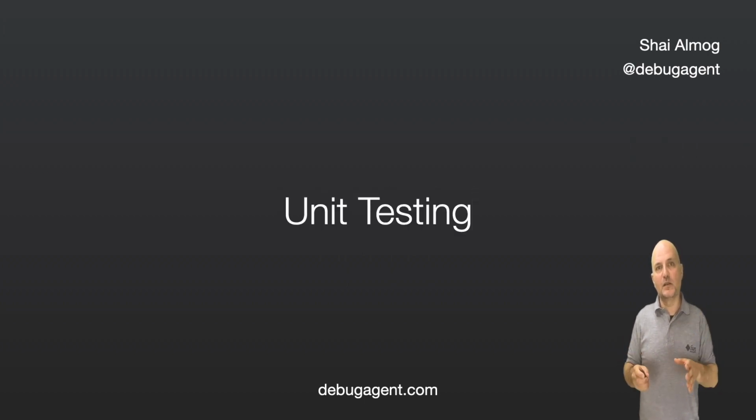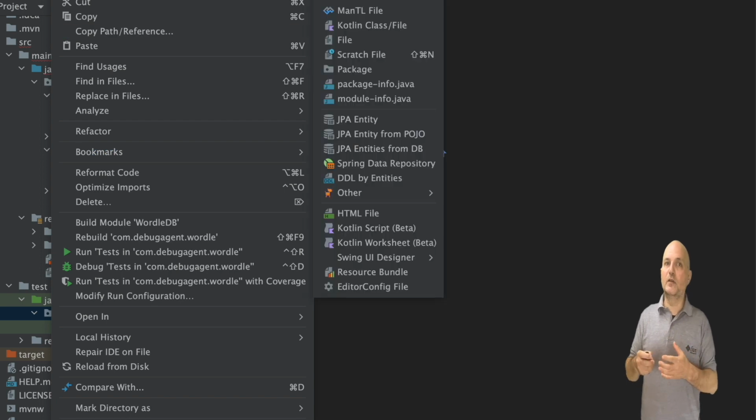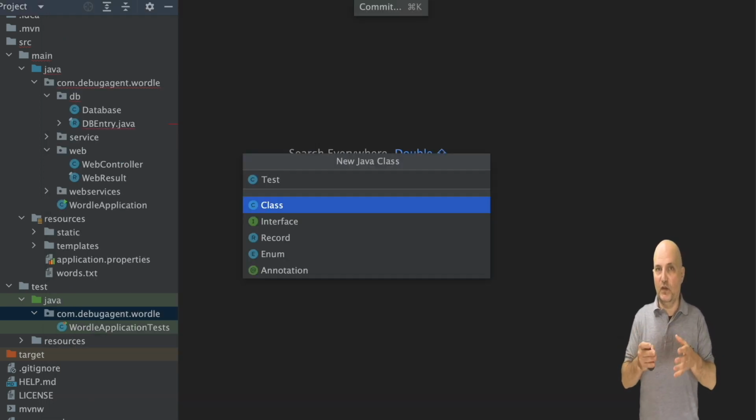The most basic form of tests are unit tests. We isolate a specific part of the application, such as the database layer, and test it. That makes it easier to solve bugs there without going through all the UI layers. Up until now, we did all our work in the SRC directory.